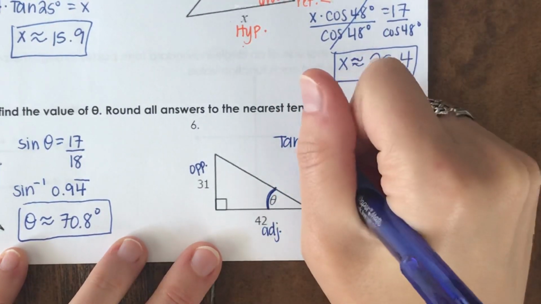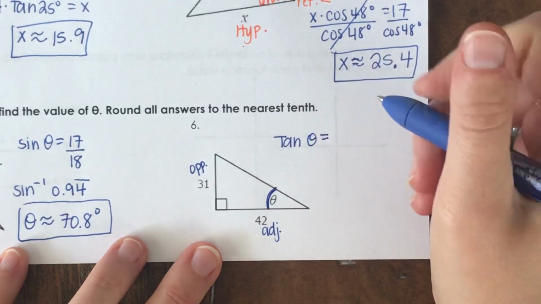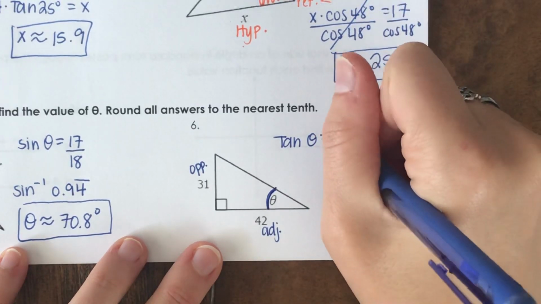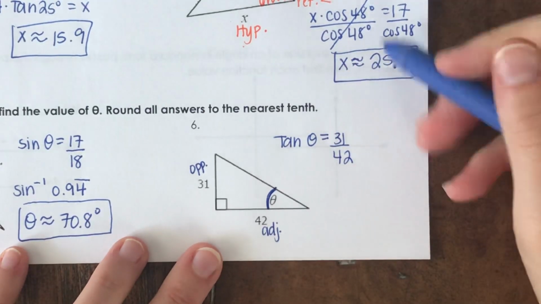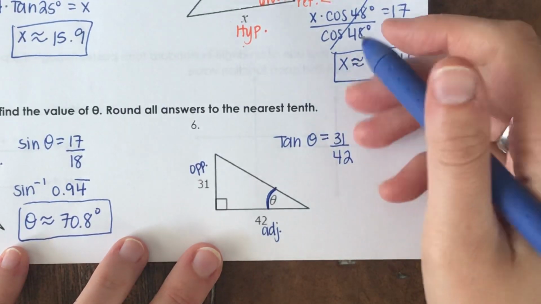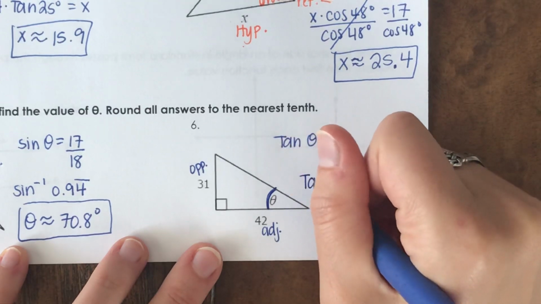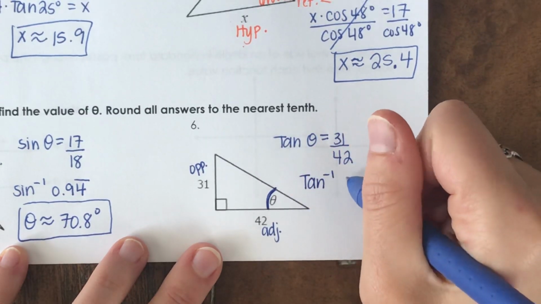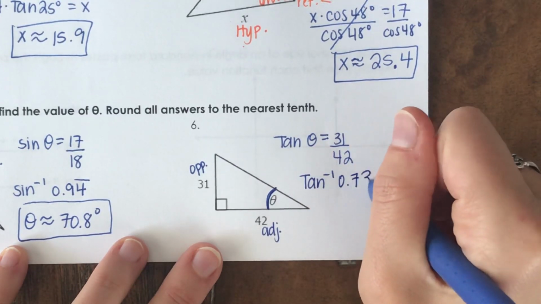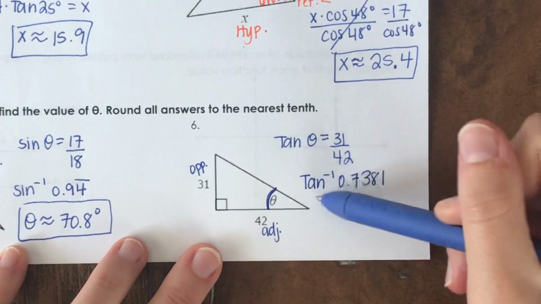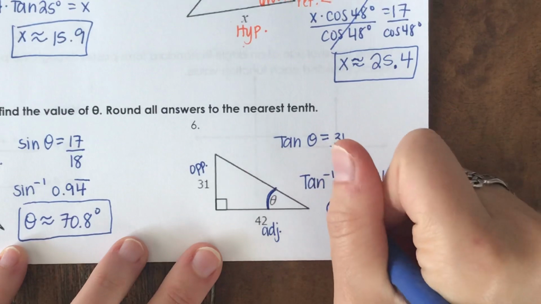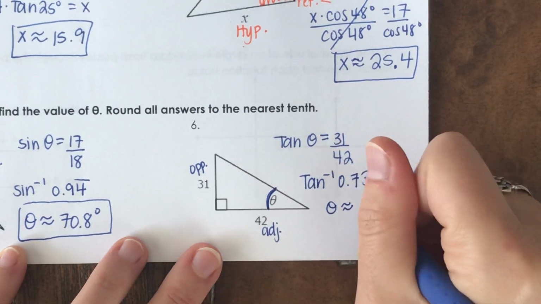So the tangent of theta equals opposite over adjacent, 31 over 42. And again, you can just put this straight into your calculator. If you do 31 divided by 42, you're going to get a decimal. You get about 0.7381, and then push that to the inverse tangent. You will get approximately 36